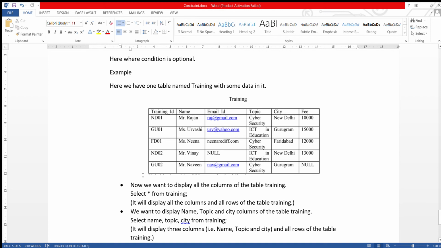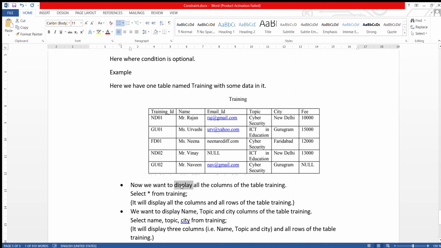Now suppose we want to display all the columns of the table training. Wherever the word display is there, it means we have to use which command?